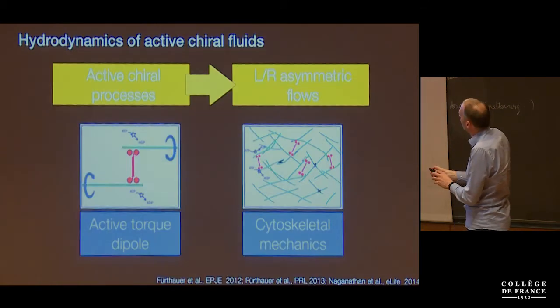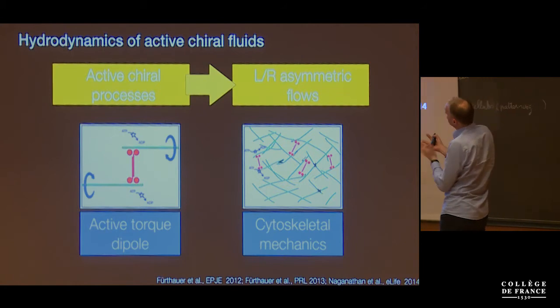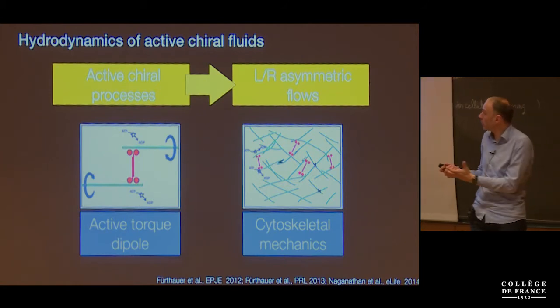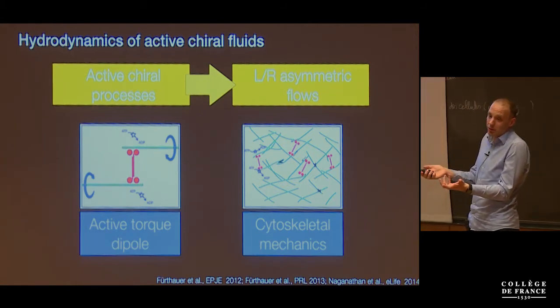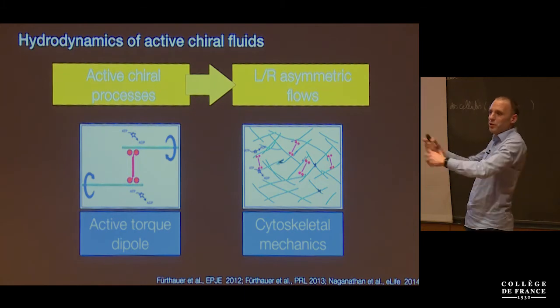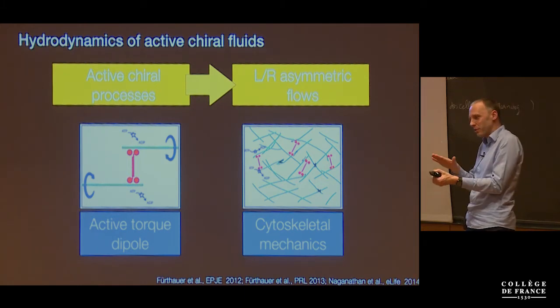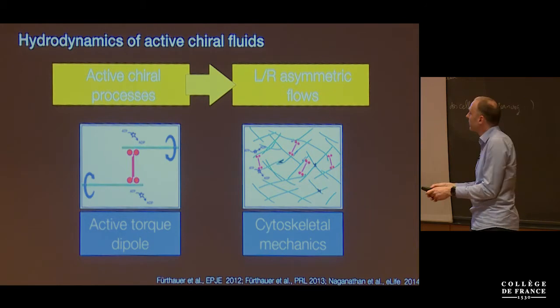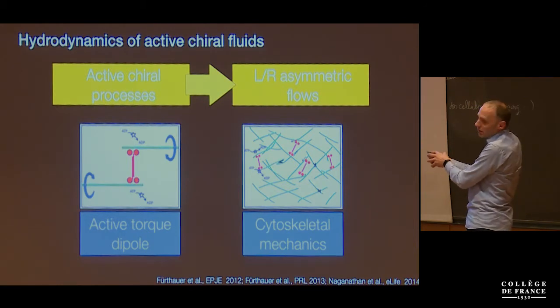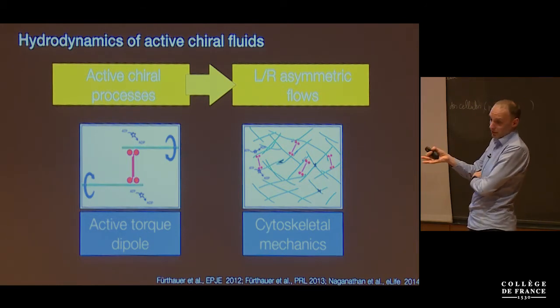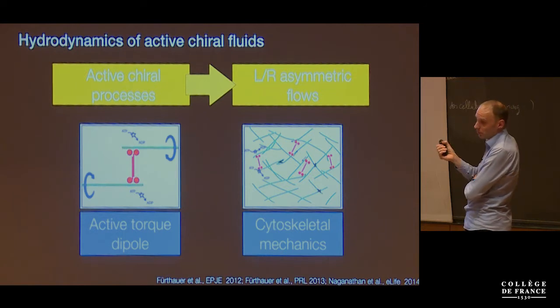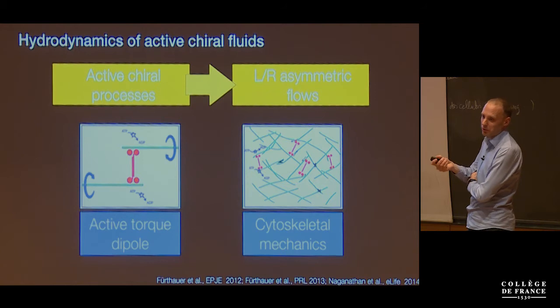Okay. So this is interesting also from a point of view of physics, because what we're considering here is active chiral processes at the molecular scale. I've shown you that these myosin motor proteins walk on a helical filament. Okay, so in proper arrangement, this can give rise to torques, active torques at a mesoscale, and rotatory flows that can contribute to left-right asymmetric morphogenetic processes.